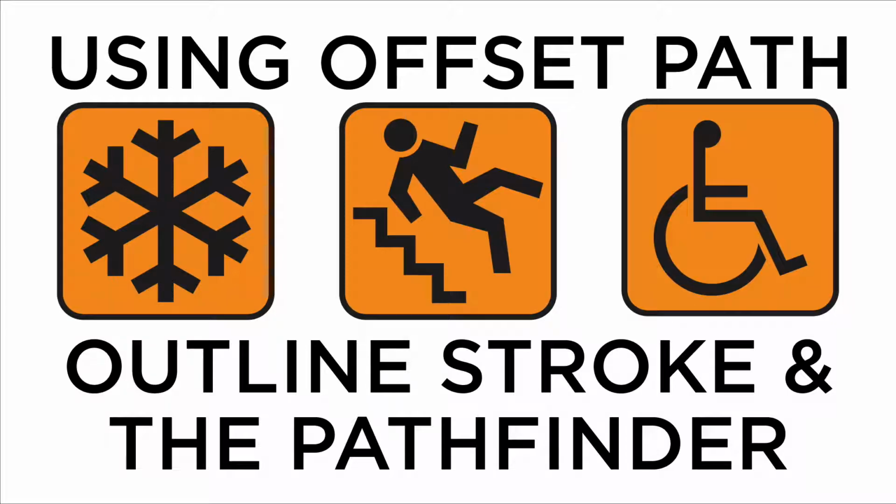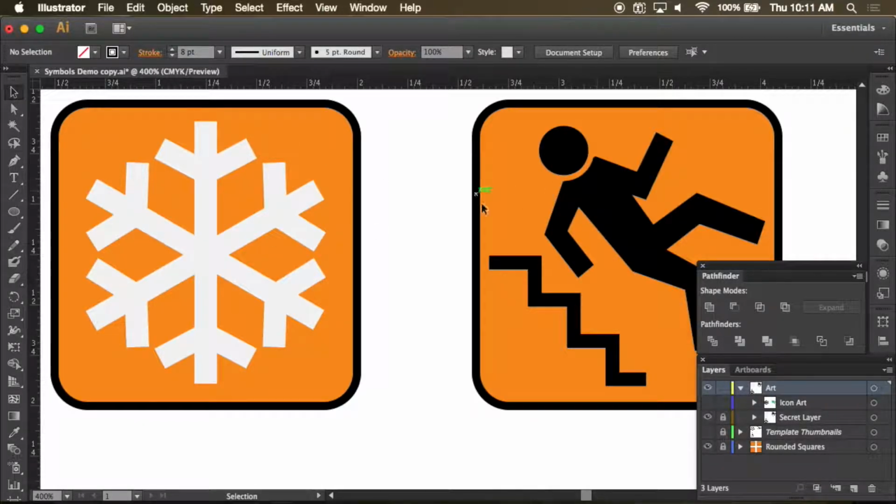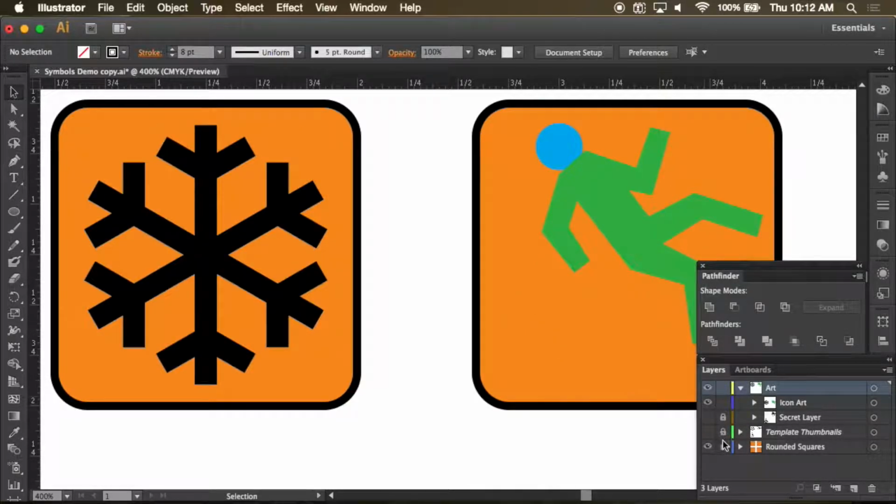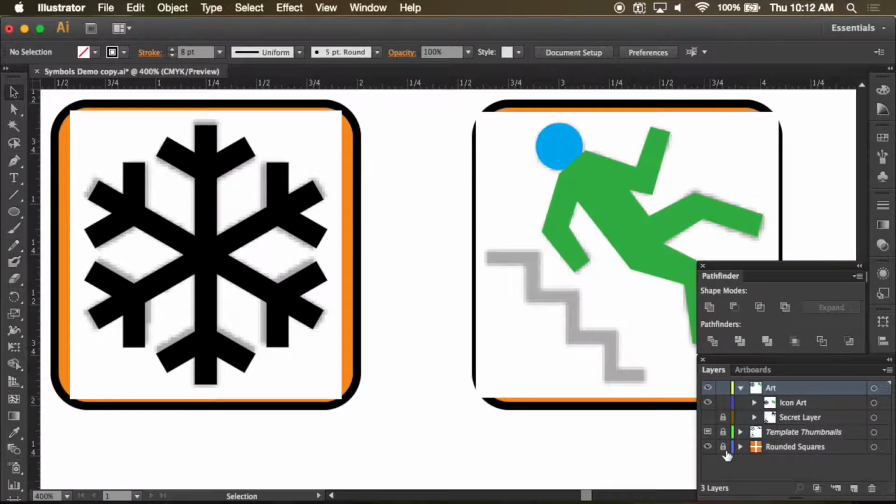We're going to talk about a few little tricks in Illustrator that will help you with some of your symbols or icons and help you with all kinds of stuff that you do in the future. I have a few things drawn up here already, but these are the finished versions. So I'm going to turn on my icon art and turn on my templates,